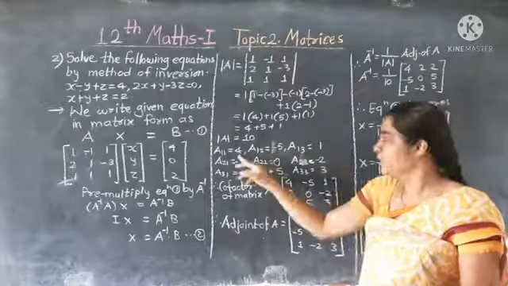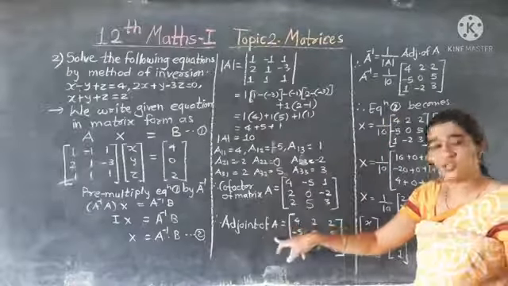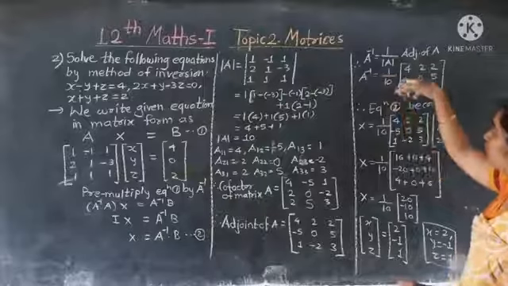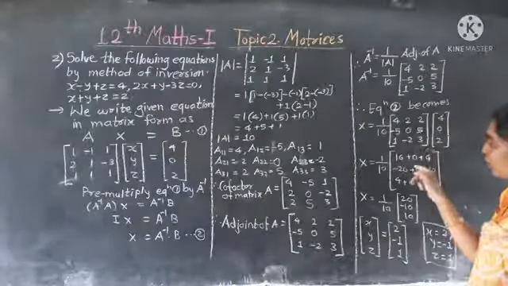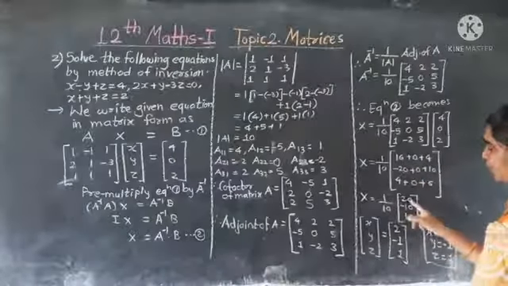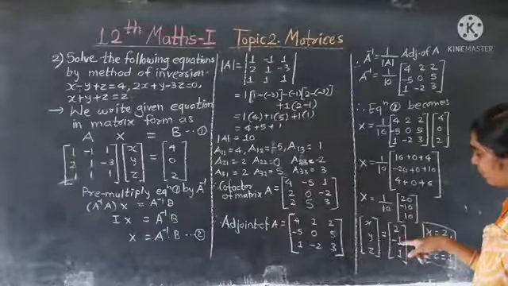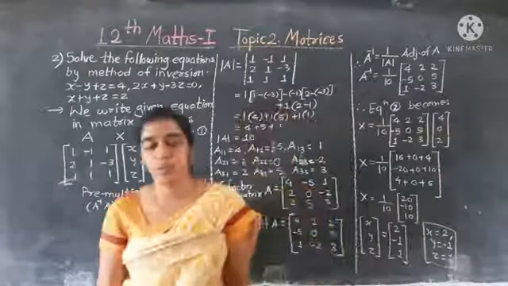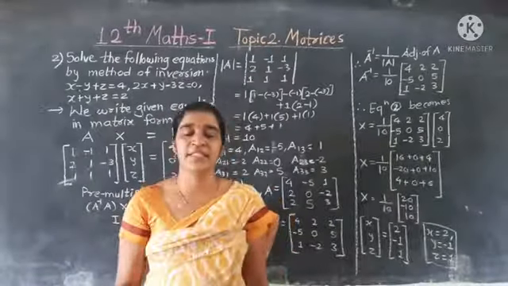In this way you find the first cofactor, then write the cofactor matrix, the adjoint of A, the transpose of this matrix. You use the formula and then here you make the product. It is divisible by 10, so you divide 20 by 10 is 2, minus 10 by 10 is minus 1, 10 by 10 is 1. Okay. In this way we have seen the application of matrices.